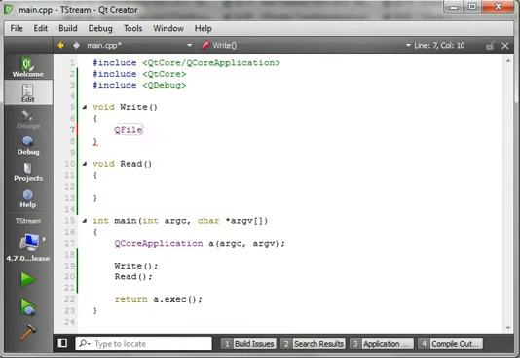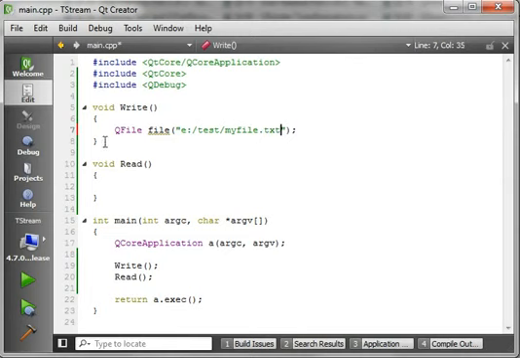We want QFile, and we'll just call this file, and we want to give it a constructor, and we want to give it a file name. Now, if you remember from previous tutorials, if you've even seen them, the QFile class opens a file and closes a file and does things of that nature. So what we want to do is put it wherever you've been building these, etest, and I'm just going to say